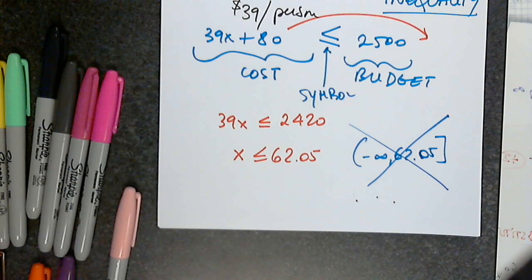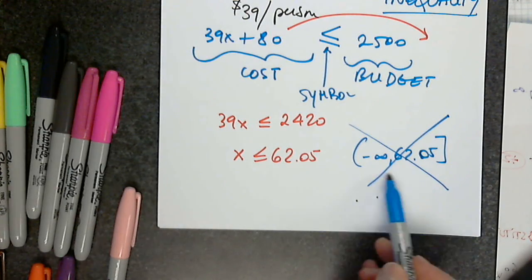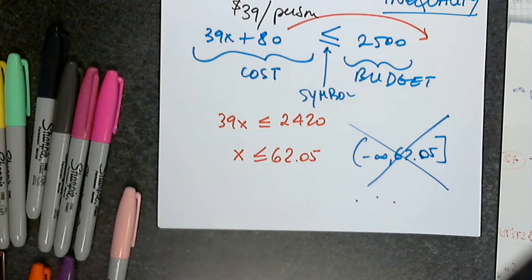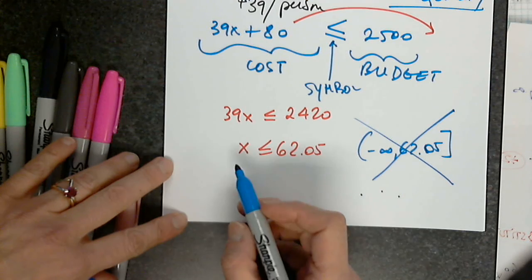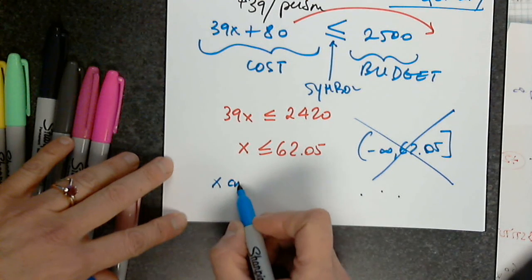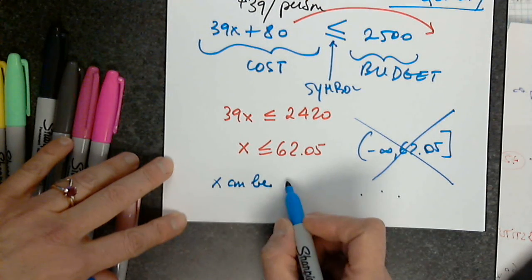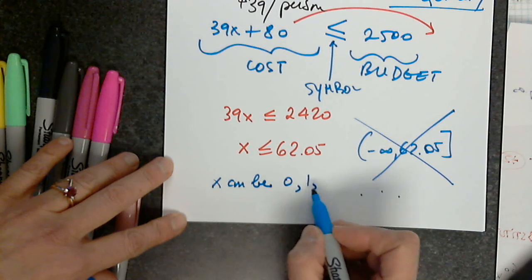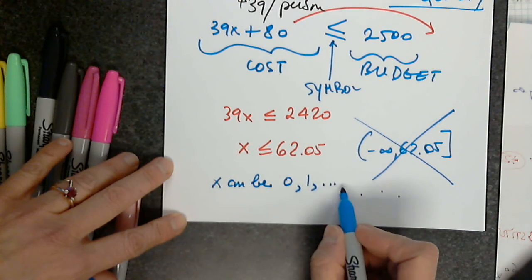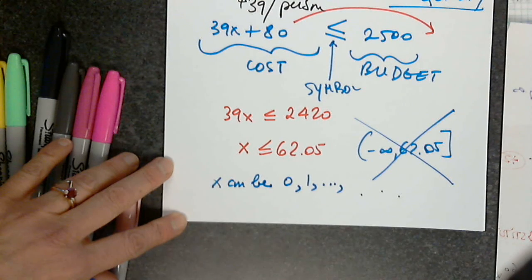Because we're talking about people. It's the same thing, right? So pretty much, I cannot express something like this, and I cannot even express it in interval notation. If I'm asked to present the solution in interval notation, I would not be able to. So I will say x can be 0, 1, dot, dot, dot, exactly 3 dots, comma,